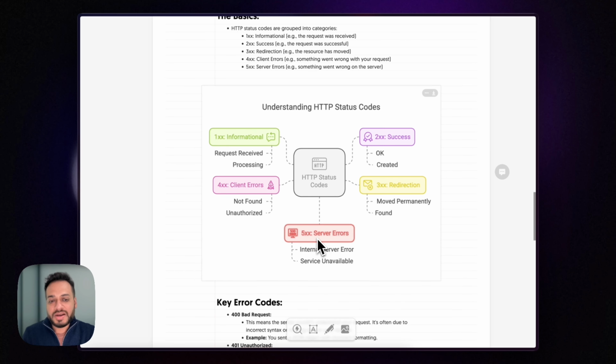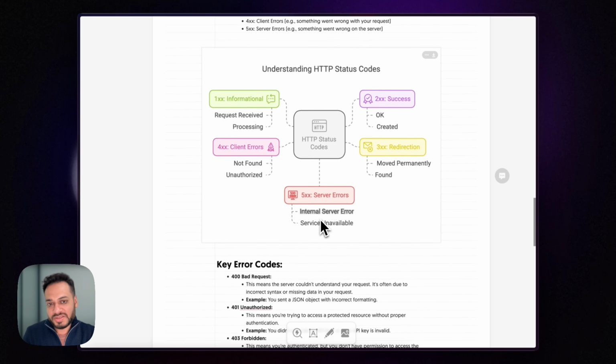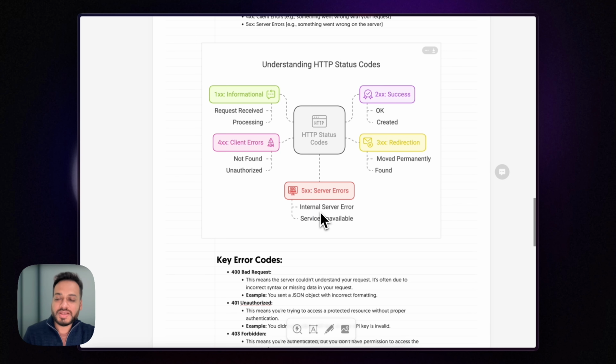5 series errors are server errors, right? So this is where something is wrong inside the server. Your API request is correct, the API process is correct, but the server is having a hiccup, or there are some problems inside the server. So this is very important to understand, and you will get to know this by heart